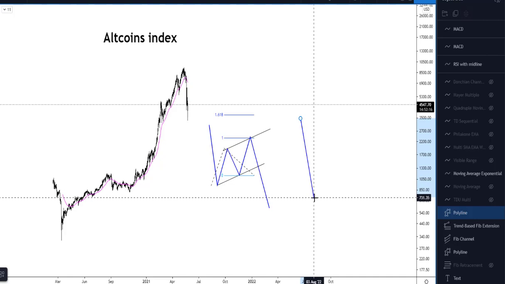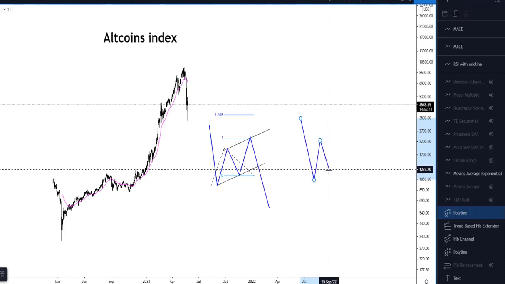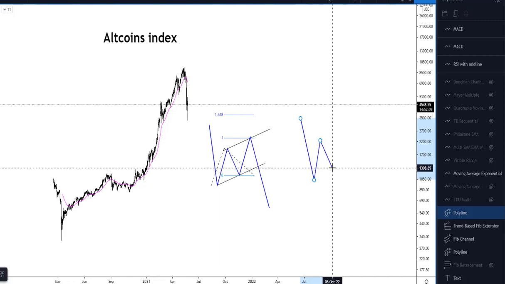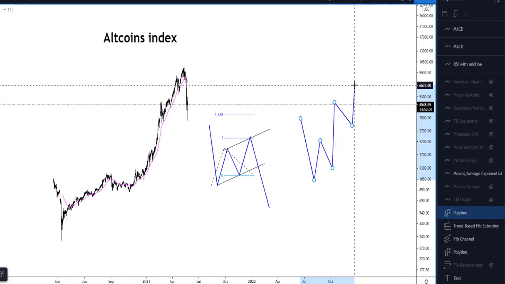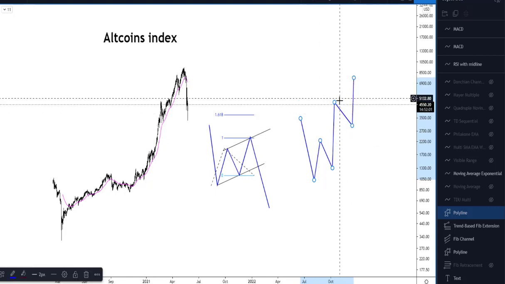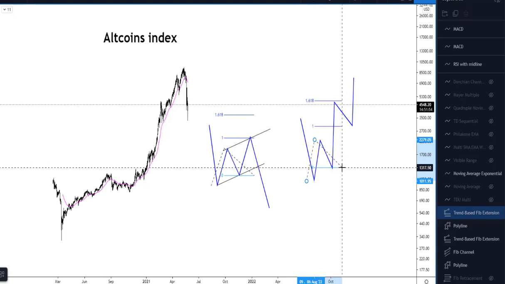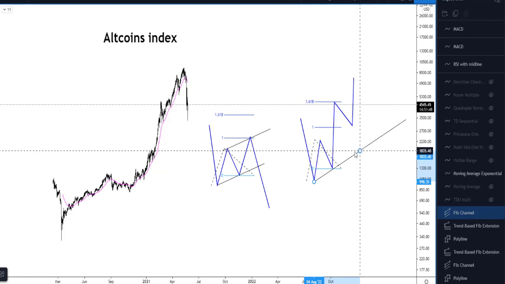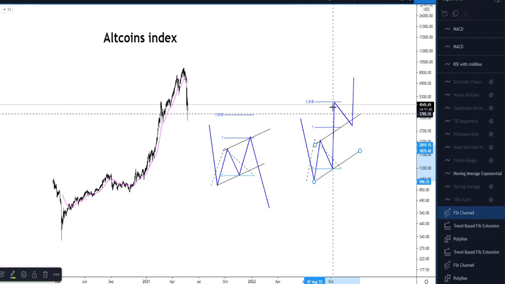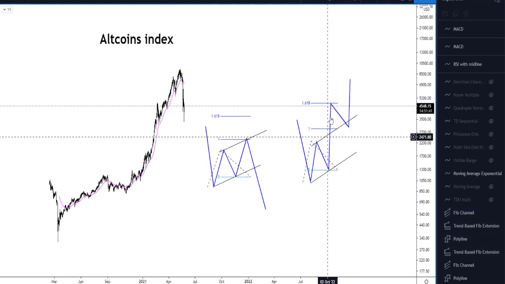Second option is you have your downtrend, and so far it's exactly the same, but instead of making a 1-to-1, you actually reach the 1618 right there. Plus, if you draw the same channel, this wave breaks this channel, and once you break this channel